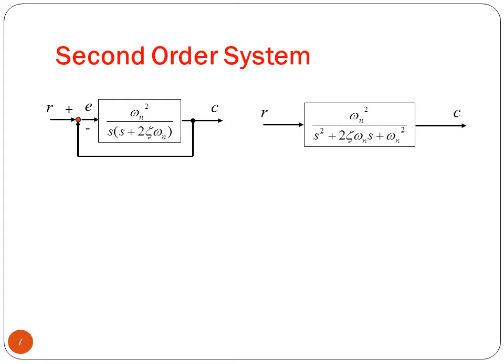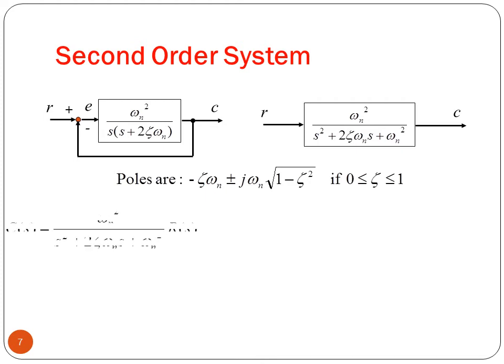In fact, in order to have two complex conjugate poles, zeta must be between 0 and 1. So here are the poles, and we can see that in the poles we have j, thus the poles are complex conjugate,